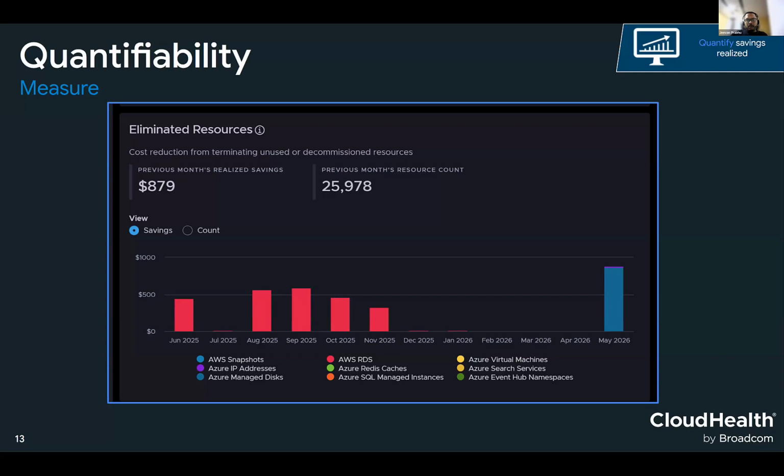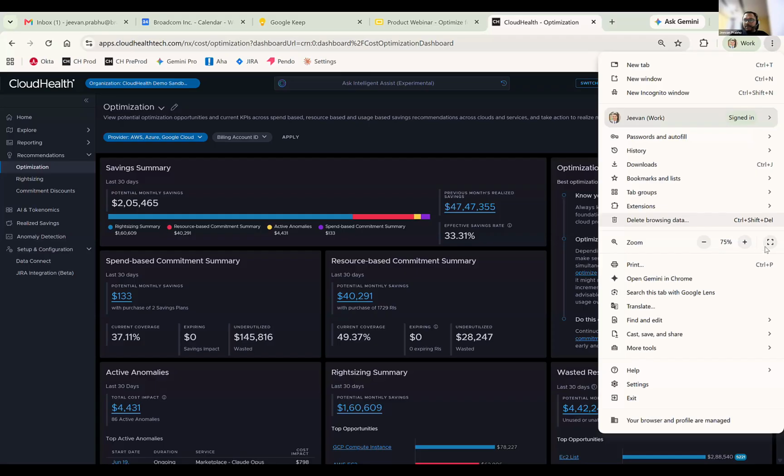So this is the complete loop, or the central tenet, in which we will drive all the capabilities in future. And please let us know what you think about these steps. And yeah, I would like to quickly show the new experience and also a quick demo of the waste identification, which we just discussed.